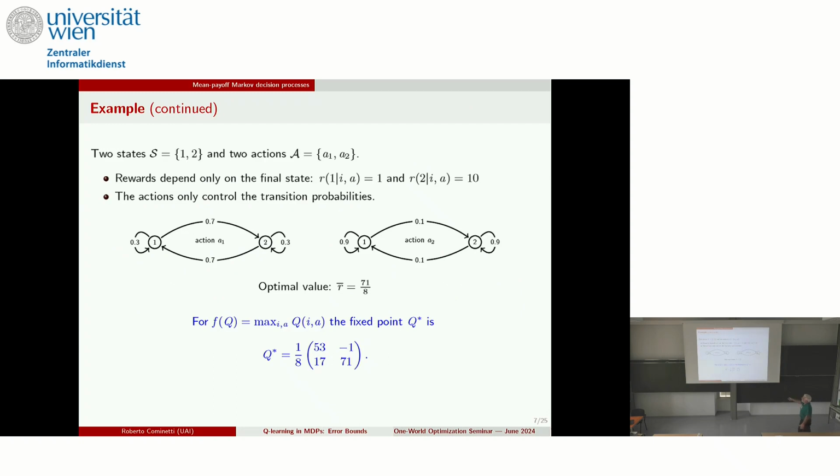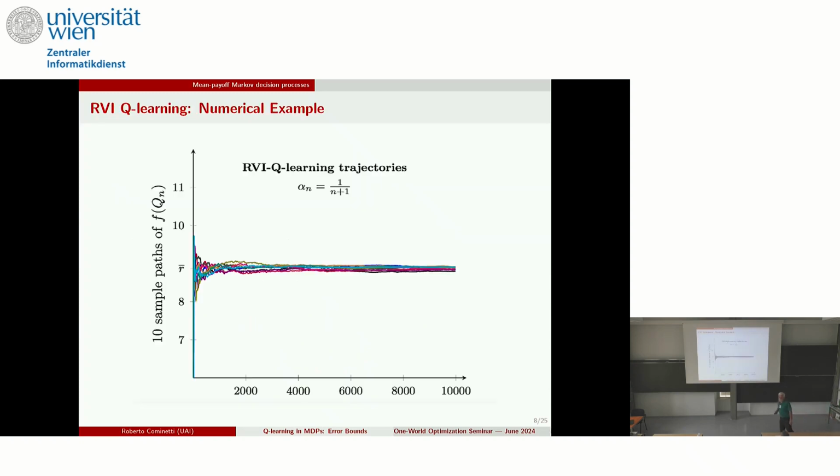So maybe one example here, the same as before. If you take the function f of q, just the maximum of q_i, the only fixed point q star is this one. And you see here the 71 over 8 is exactly f of q star, which is the optimal value. And if you do some simulations,